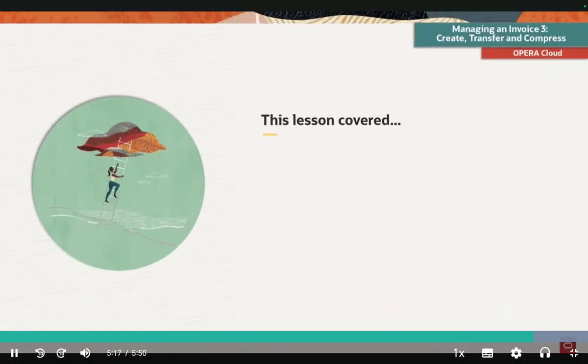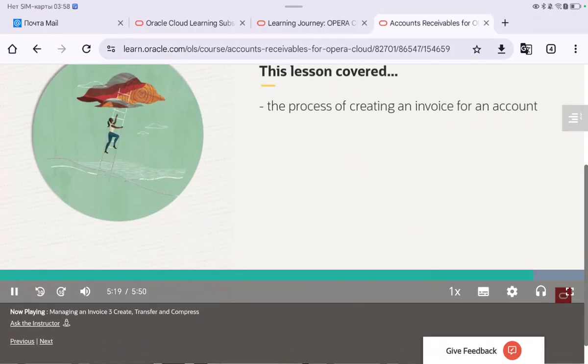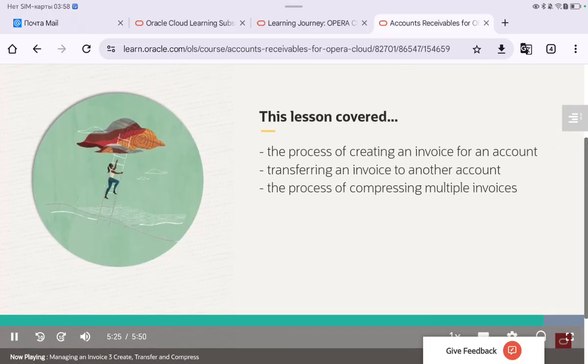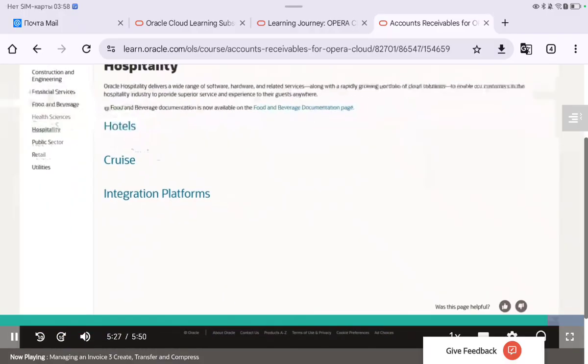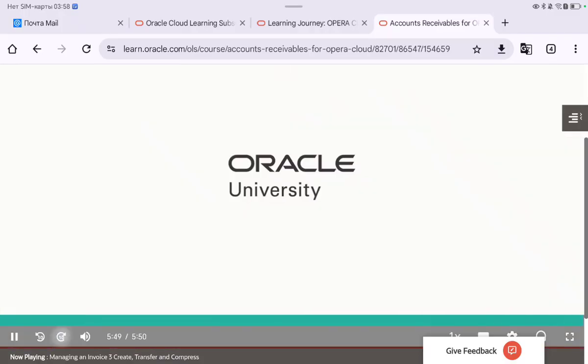This lesson covered the process of creating an invoice for an account, transferring an invoice to another account, and the process of compressing multiple invoices. For more information on this topic,